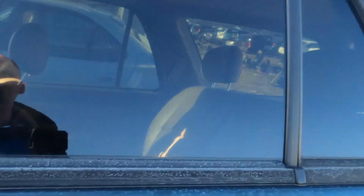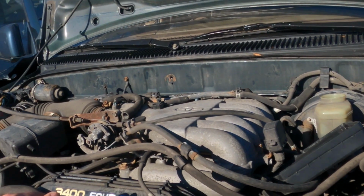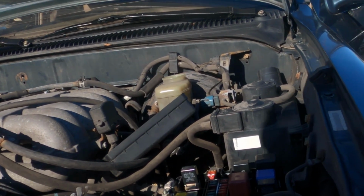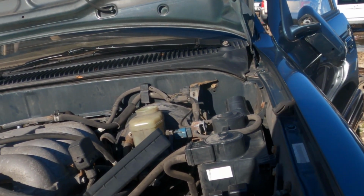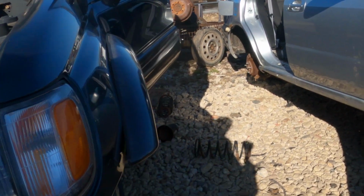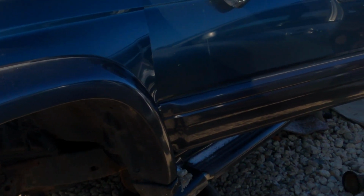So yeah, about this code here. This is the code, if you care. It's wildly inconsistent with the first gen stuff. So like A04 would mean that it had 4.56s, and the final A would mean it was a two-pinion planetary open diff, which is clearly not. So I looked around on the forums and stuff, and most of the forums say that a 3.4 liter with an auto trans and a locker were all 4.30 gears, and 16-inch wheels, which obviously I have no idea what the wheel size was on this thing, but